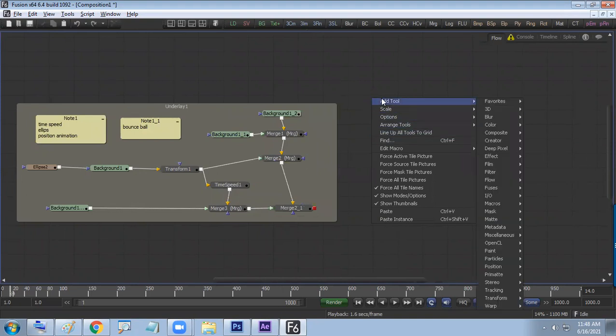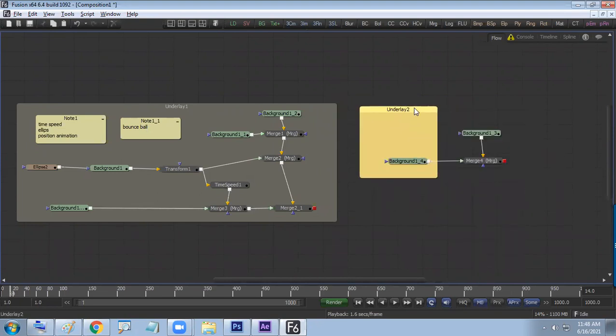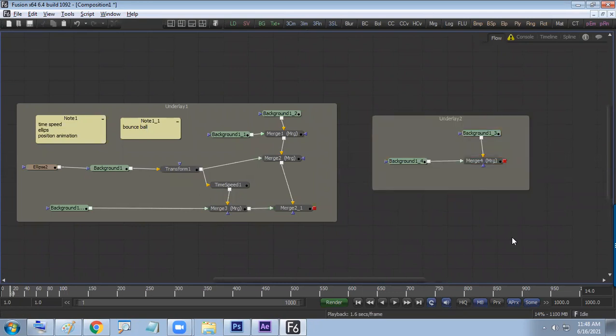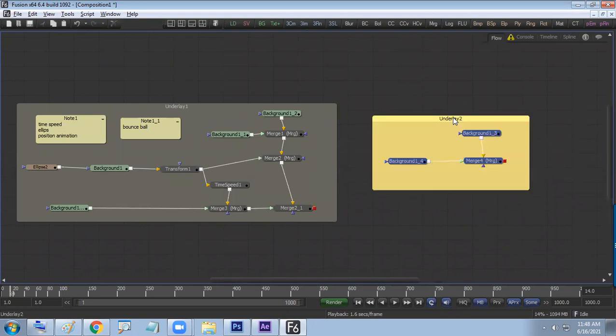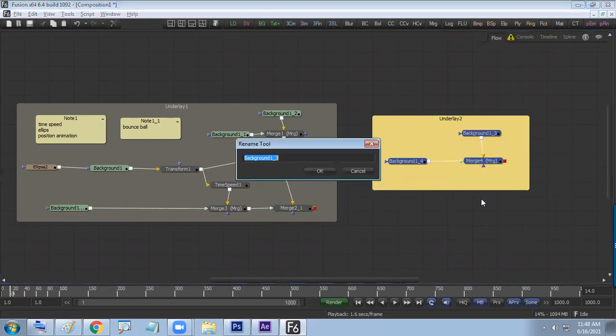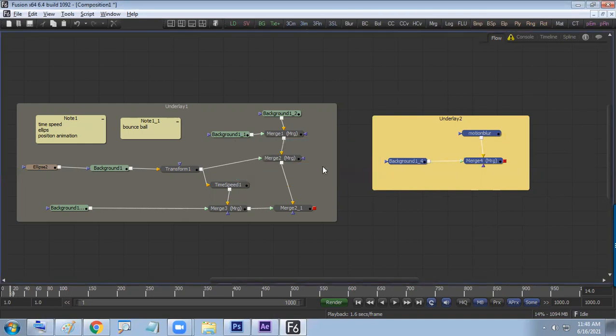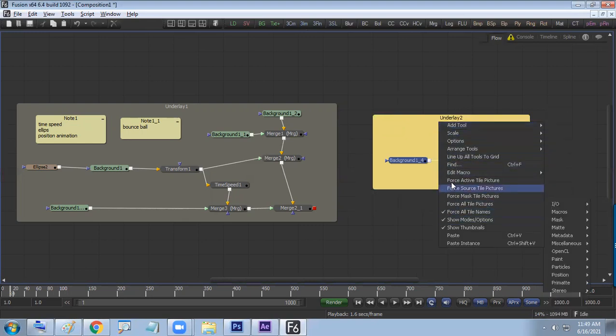So the tools can be taken from right click on the flow panel and go for which button? Flow, underlay. Motion blur, right? Does rename is there? F2. Write down, motion. F2, F2.